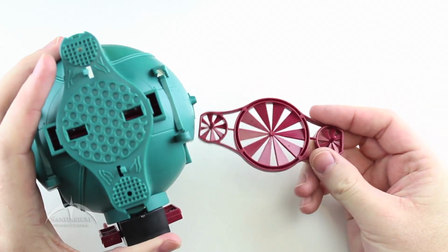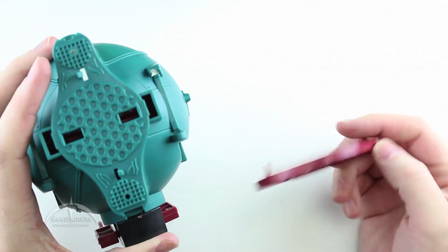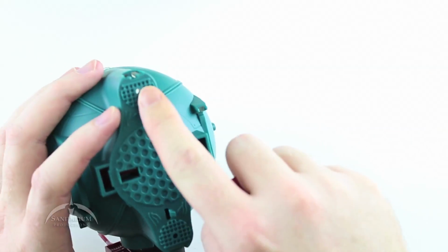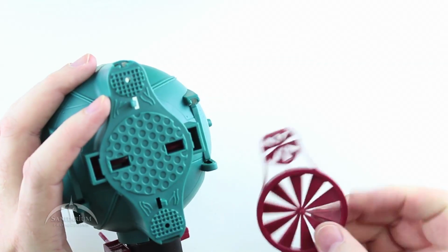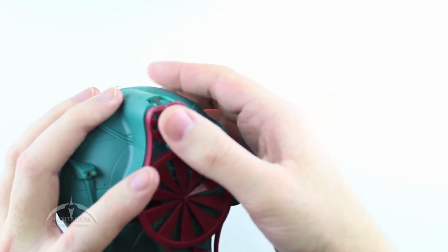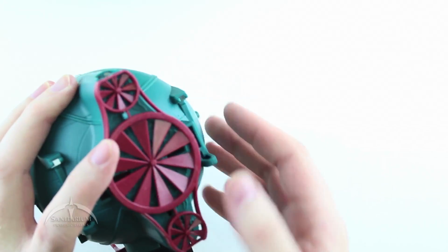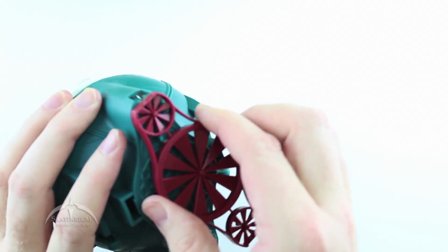There are two pegs on the fan itself, and they will line up with these two peg holes on the rear. So just line them up and press down on this thing to snap it into place. While I have it open,